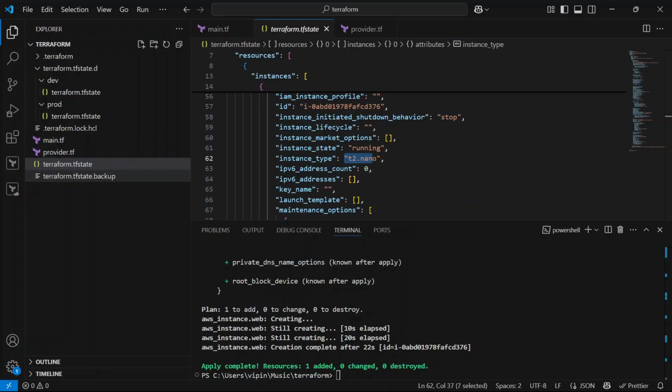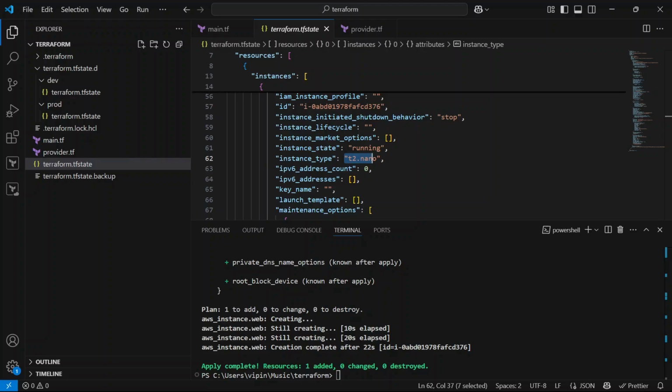If we provision any resource using the default workspace, it's not going within the terraform.tfstate.d, okay, so you have to remember it. And we don't usually provision any resource using the default workspace in any real-time project.